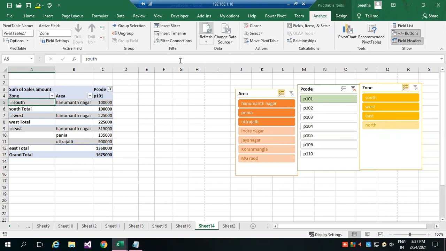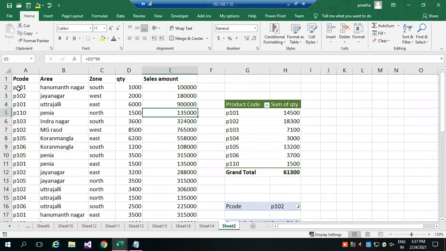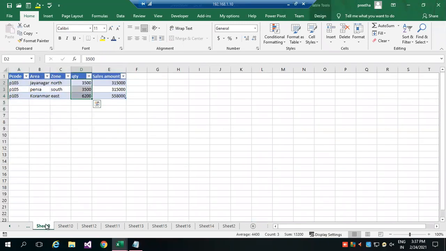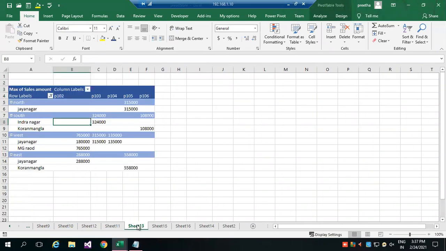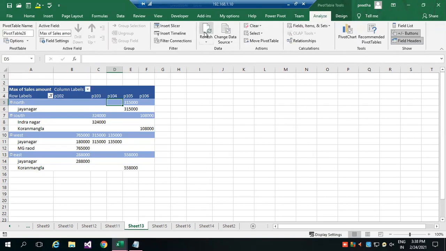Okay. So now you could see this is updated. Before it was 90,000. I did refresh, so the data is getting updated. Unless I click on refresh, if there are changes in your original table after generating a pivot table, that does not reflect in your tables. You go to any table right now and check, it does not show the original unless we click refresh.